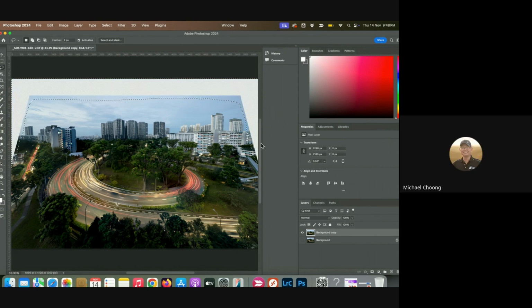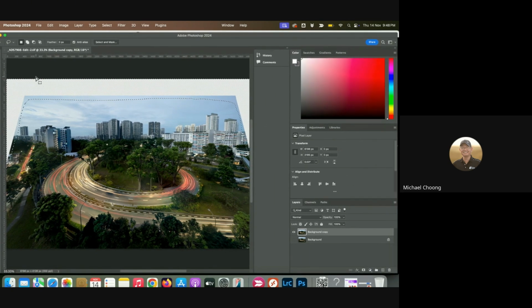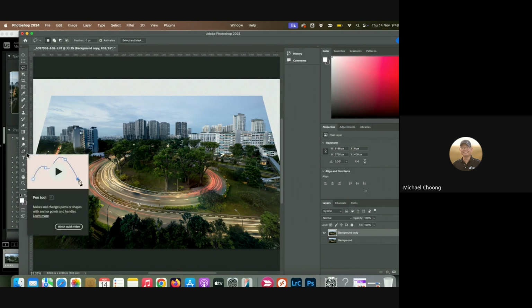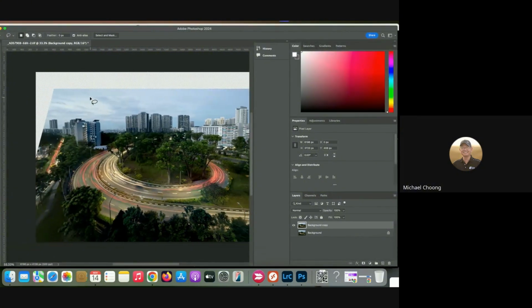Okay, never mind. I will go one more round. So the selection with the lasso tool sometimes is not precise. As you can see, because I'm using the mouse to select, the selection is actually not perfect. So the best way of selection is actually to make use of the pen tool. I'll show you one more time, yeah. And with the pen tool, I guess the AI will be more